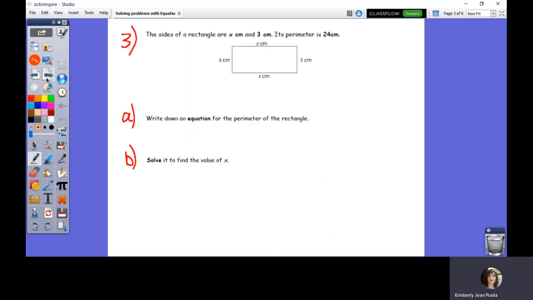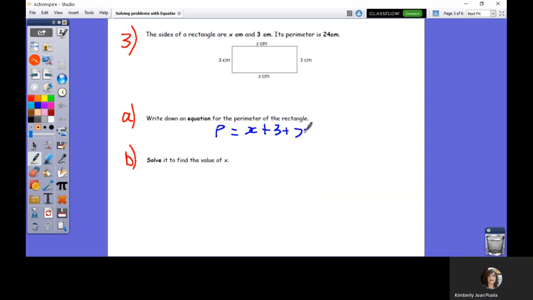Okay. Question 3. The sides of a rectangle, which is this, are x centimeters and 3 centimeters. Its perimeter, okay, the outline, is 24 centimeters. Write down an equation for the perimeter of the rectangle. So we know that to find the perimeter, you have to walk around a shape. You have to add all the sides of the shape. So here, perimeter P is equal to, and we have to add all these, x plus 3